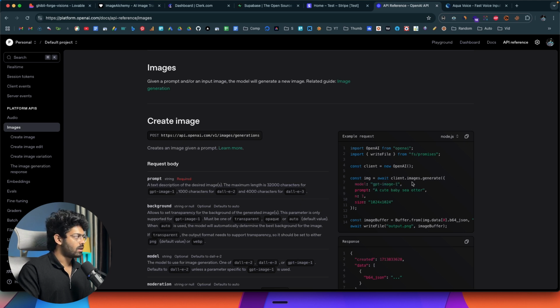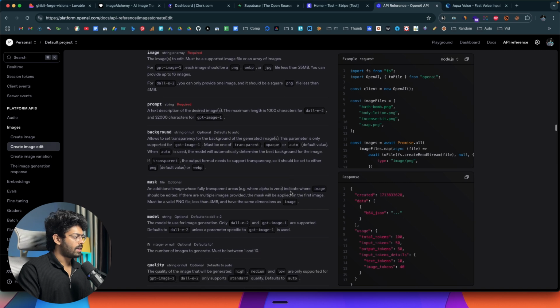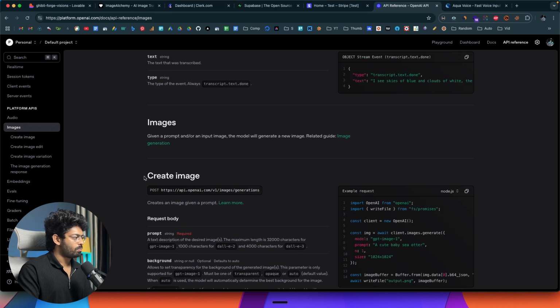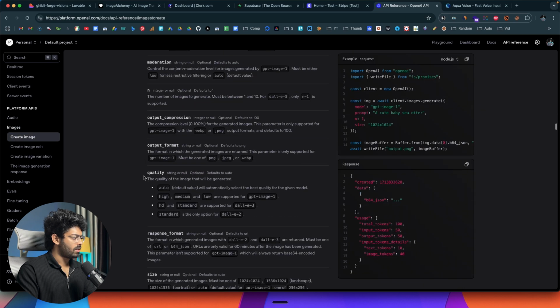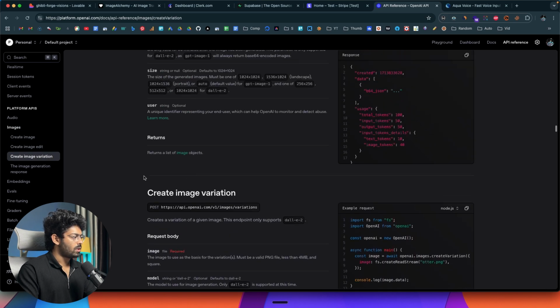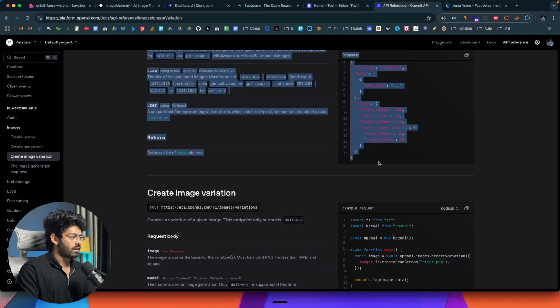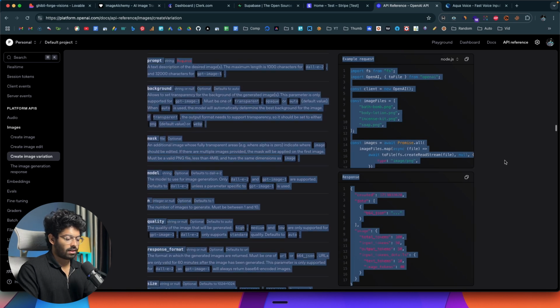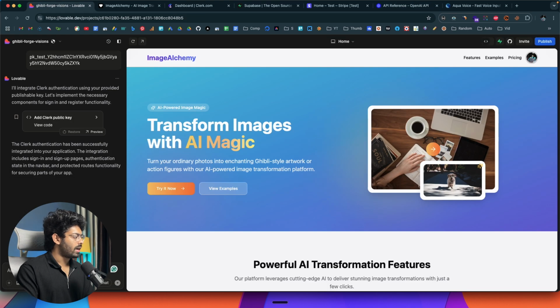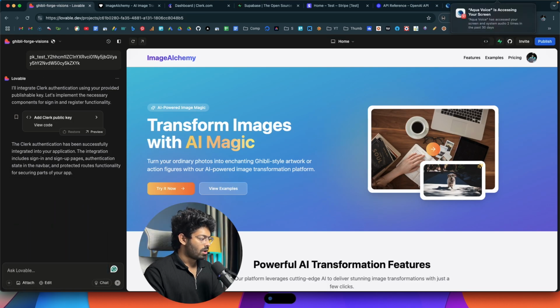And again, as we are creating a React based project, I'll select it as Node. So here you have a couple of options like cURL, Python, and Node.js. For now, I'll keep it as Node.js. And next up, it's pretty simple. You can go ahead and copy this entire stuff from here. I'll copy it, all the way till here. I can copy the entire content. I'll simply copy it. And now I'll head back to Lovable and I'll go ahead and say, all right,